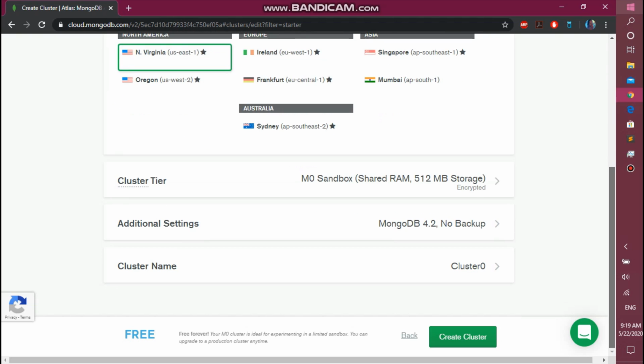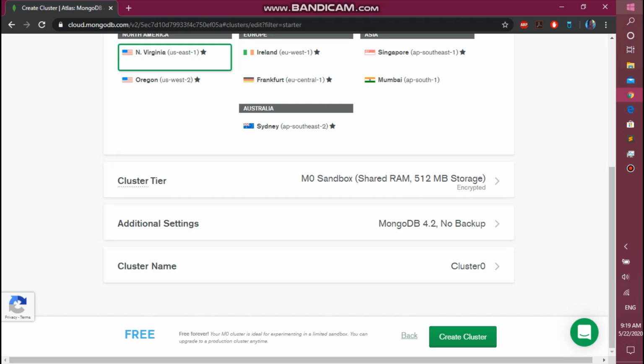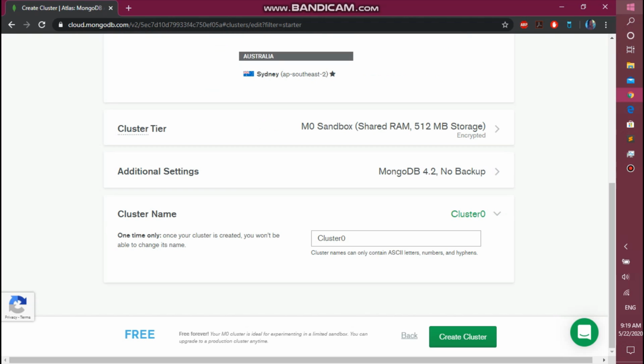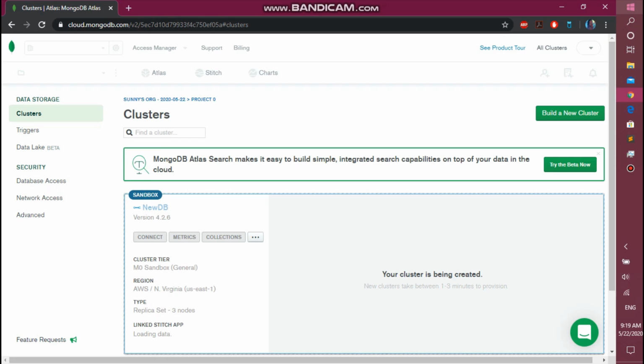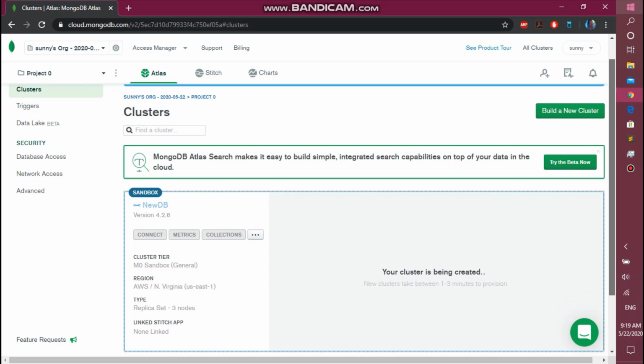The next thing you do is create a cluster name. If you don't want your name to be Cluster0, you can call it anything you want. We're gonna call it new DB. So we're gonna click create cluster. After you create your cluster, as we wait for it to load,